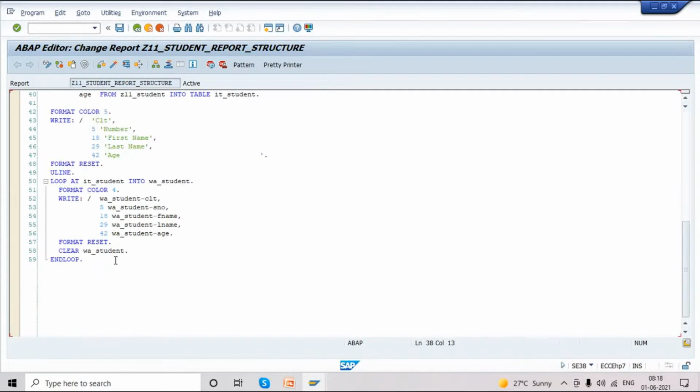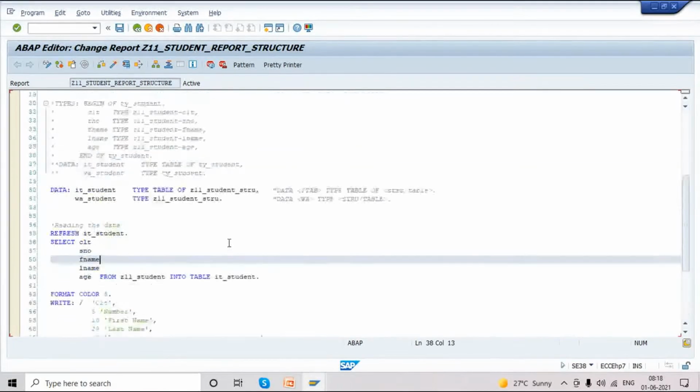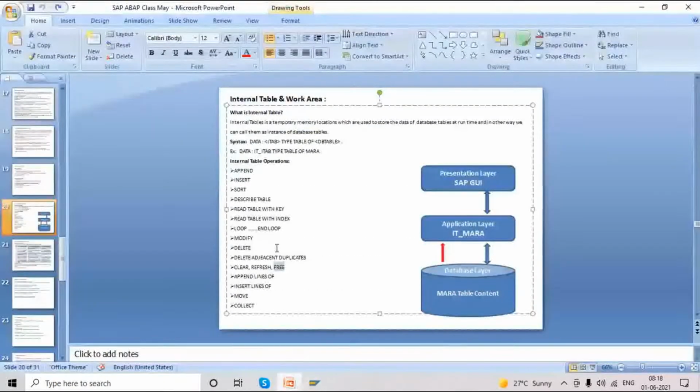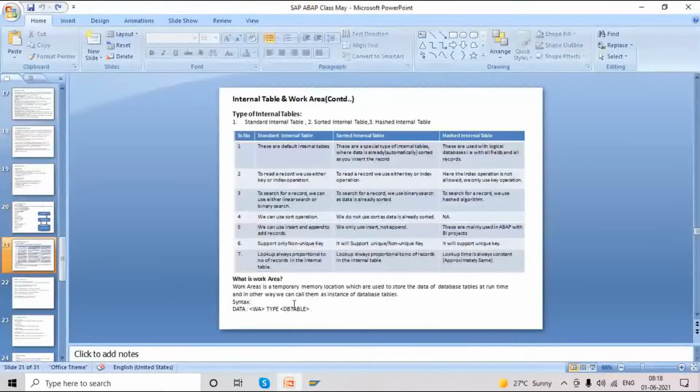All right. So I'm just closing the section. Today we discussed all these internal table operations except free and collect, append, insert and all, and usage also we saw of all these internal table operations. Okay. So I need to explain this also. One second. Give me 5 minutes, so I'll close these points also.